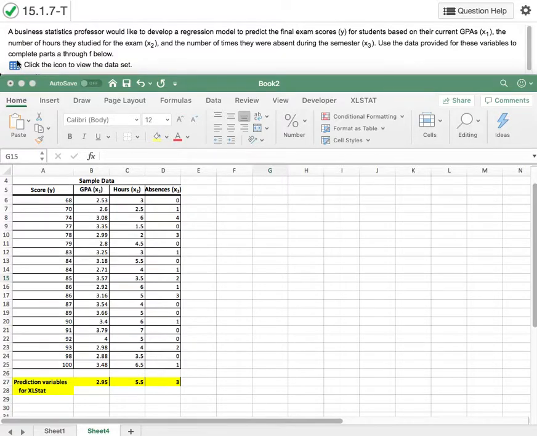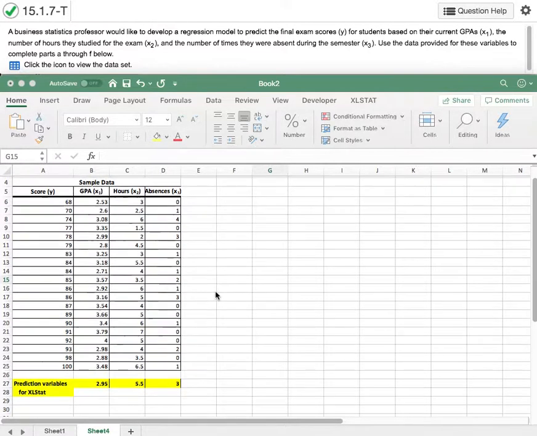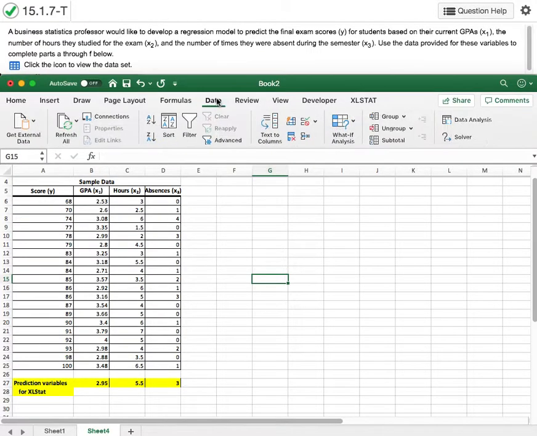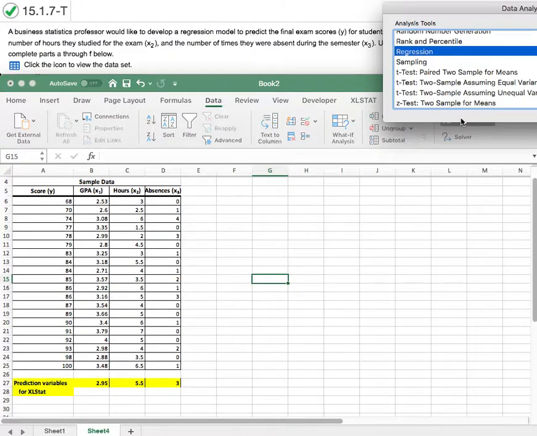So we have some data in the data table here, and I've just got a brief look at the question, and then split the screen into an Excel spreadsheet where I have the data posted. And just jumping ahead a little bit, I have the prediction variables that we are going to use for a specific scenario later on in the problem. So I'll show you first of all how we can just run the regression quickly in